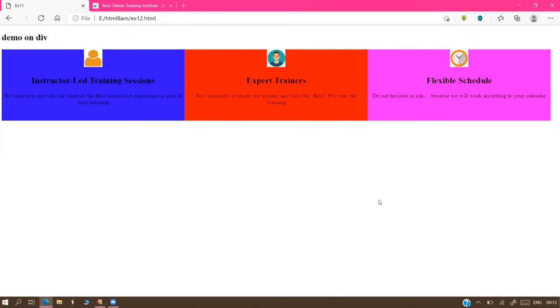Sir, in all division tags, are float settings compulsory? However many division tags you want to align in the same row, for that number of division tags float setting is required. Not required for all. Some division tags we need in the regular format, row by row, sir. For those we can't use the float. For those you want to display in the same row only, we have to apply the floats.